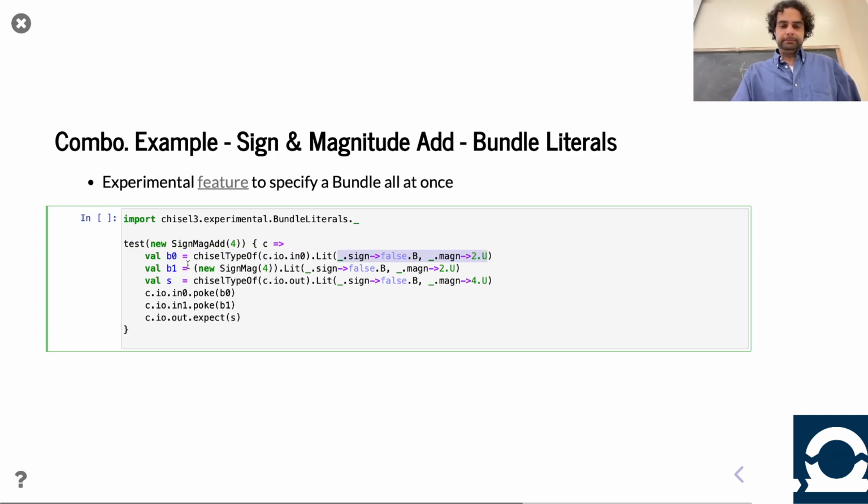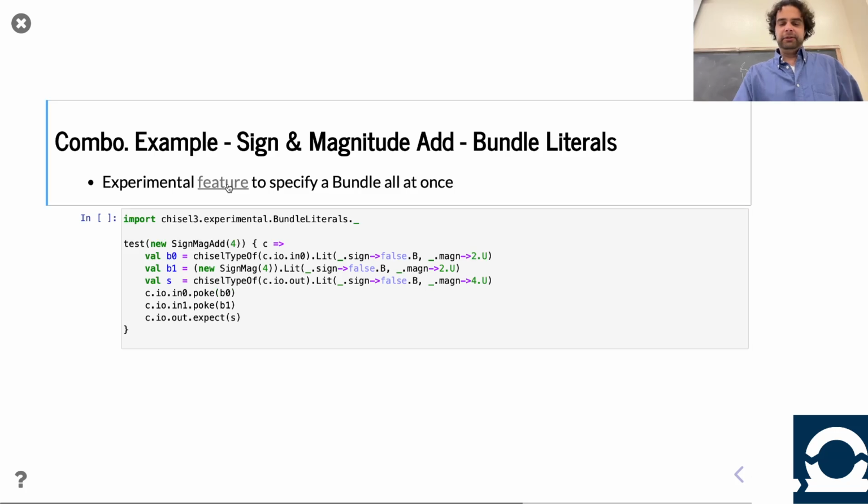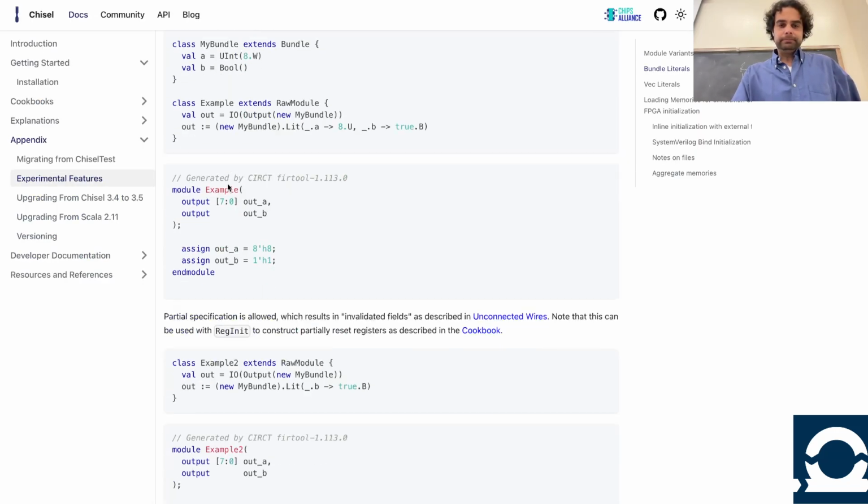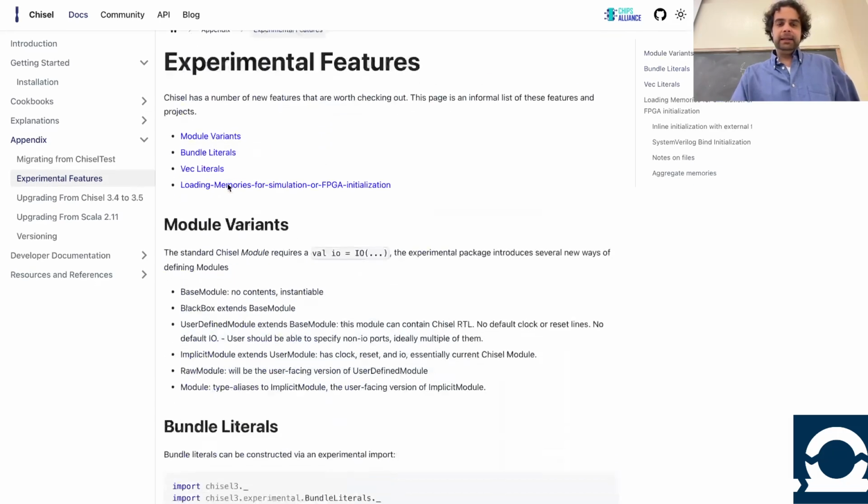So here I'm doing that to generate B0 and B1 and even S. So you can see in this case, I'm doing 2 plus 2 to get 4. And I'm showing different ways of declaring it. This is a feature which is still, I believe, in experimental Chisel, still not been fully blessed. But yeah, it lets you